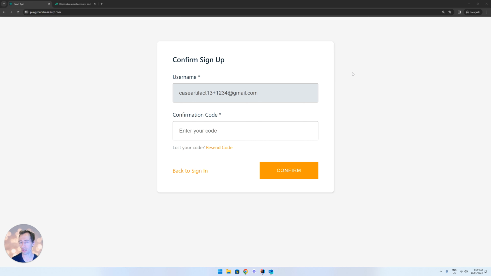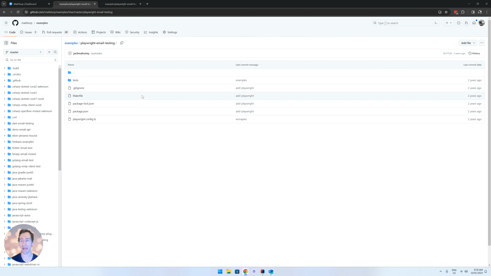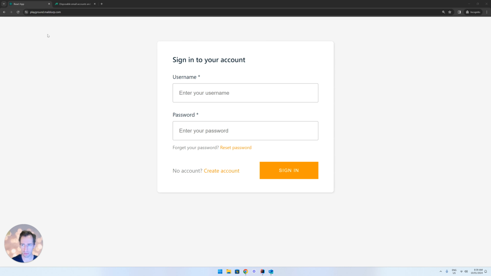We'll then use the Node.js client to receive confirmation codes, extract the code and enter it into the confirmation form. We'll be doing this using Node.js and Playwright, and the code can be found on mailslurp.com/examples. So our demonstration application can be found at playground.mailslurp.com, and this is a basic React app that accepts a